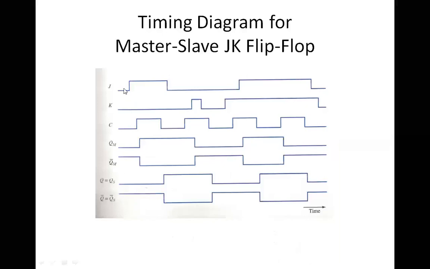Wherein you're giving the values J, K, and the similar explanation that we had for the previous one. Your clock goes from low high low high. So when J is equal to 1, my QM is also 1. So it will be waiting for the next high state. In the next high state, it's seeing that it's a low value for J, so that low value comes up till the next high state. Is that clear, students, or do you want me to annotate and explain this diagram again?